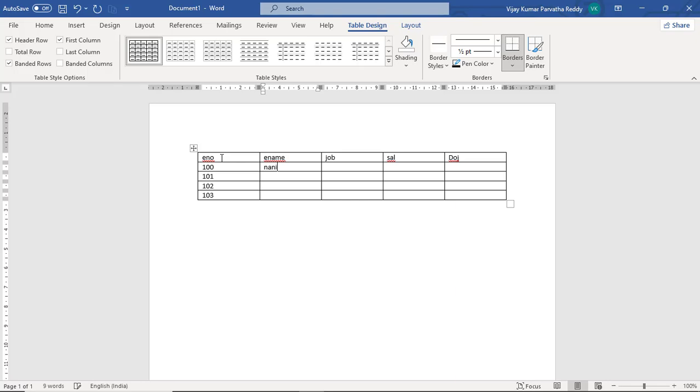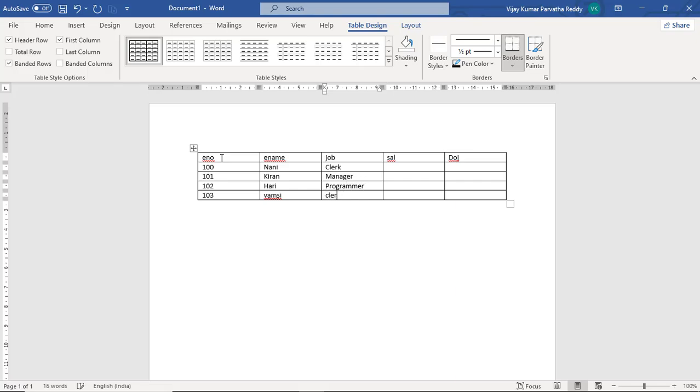So Nani and Kiran and then Hari, then Vamsi, and type the jobs like clerk, manager and programmer,